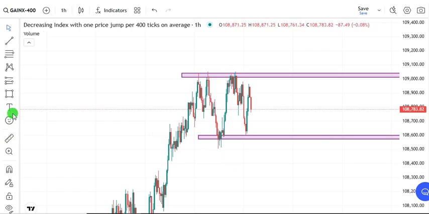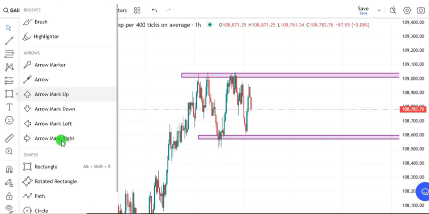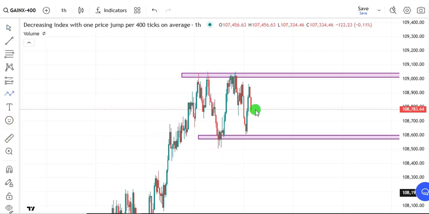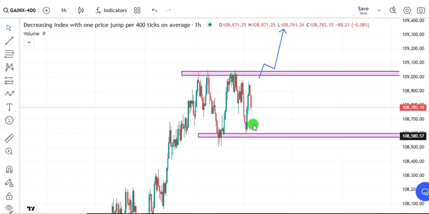So on this structure on H1, what do we want to wait for right now? A breakout above this, and we're testing this to give us the long side. So here's what I'm looking at. And remember, if the market gets to this level, something like this might actually tell me to go long. But better still, I just wait for the market to actually break above this to go long, or then I wait for it to get